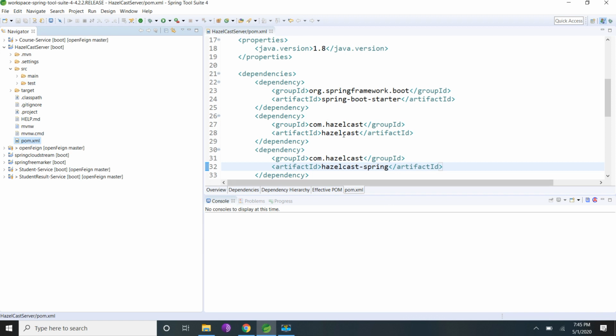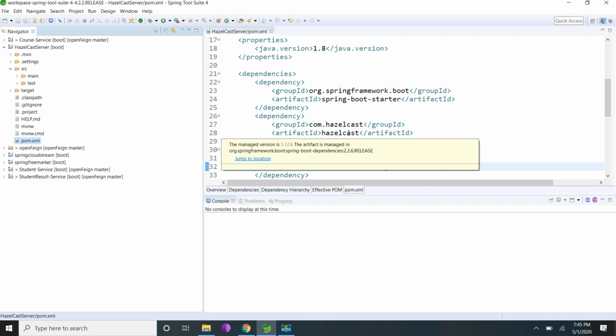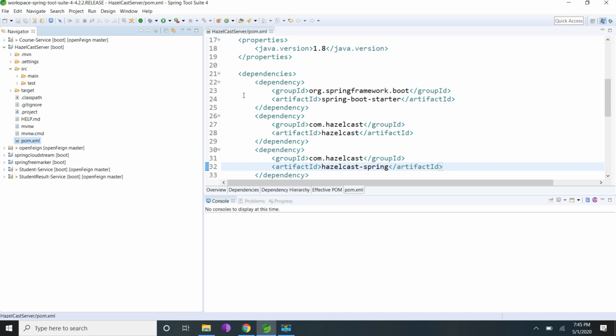When we add this dependency, com.hazelcast and artifact ID Hazelcast, it will download the Hazelcast server instance. If you extract that jar, you will find a Hazelcast default XML file through which it is able to connect to Hazelcast. Without us providing any external Hazelcast XML, it will try to connect using that default XML. If you provide anything in the classpath, it will take that, otherwise it will use the default one. So now I am going to use the default XML.